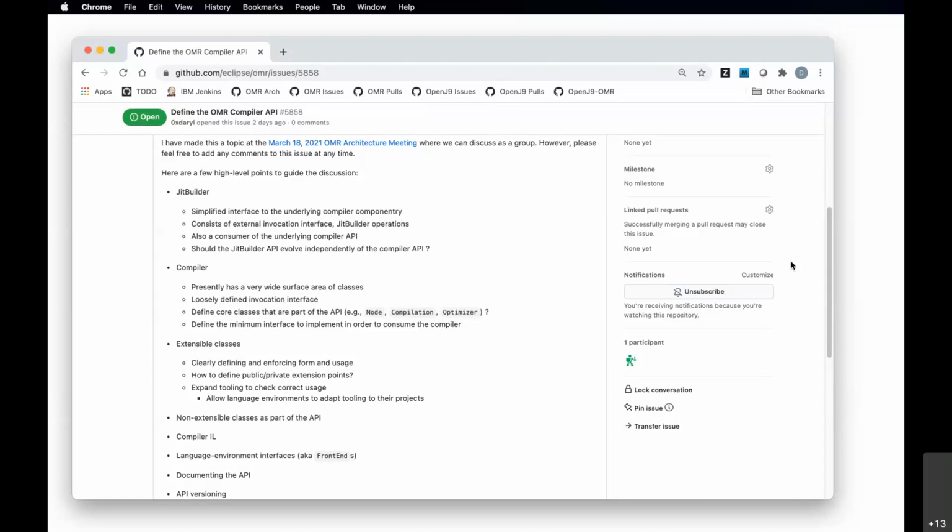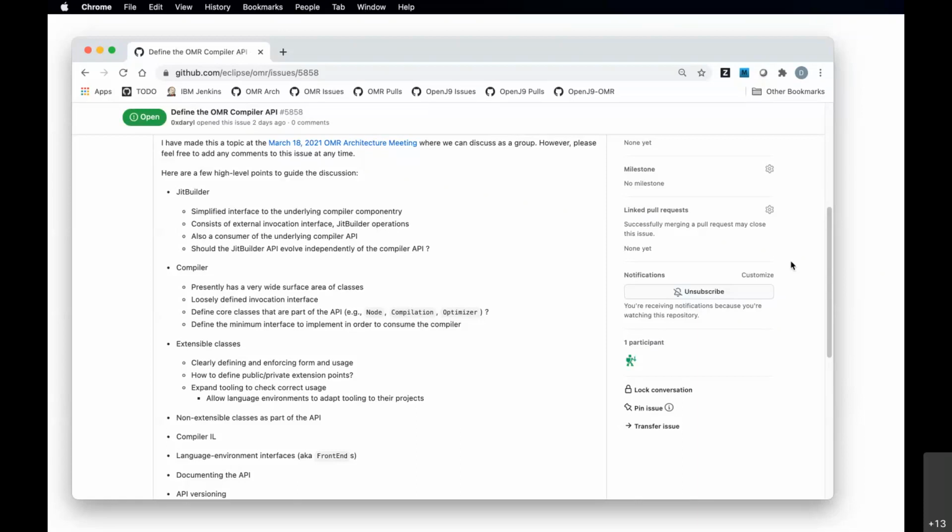So that could also be considered, I guess, a practical way forward here, is to start with JIT Builder and then expand out the various bits that are underneath or alongside that are not just about injecting IL into the compiler and getting native code out, and see where that can go.